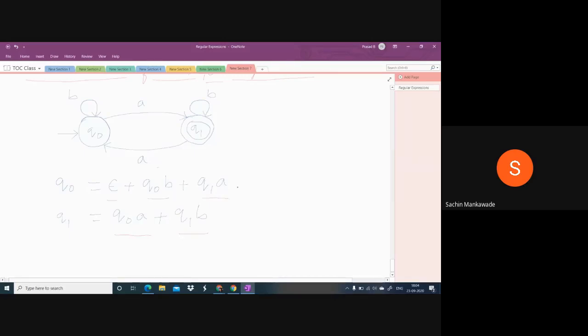So which state is having two terms on the right side? Q1. Okay. Now, whatever state has two terms, just go to that and identify. Here the left side is Q1. And here also the left side is Q1. So we can